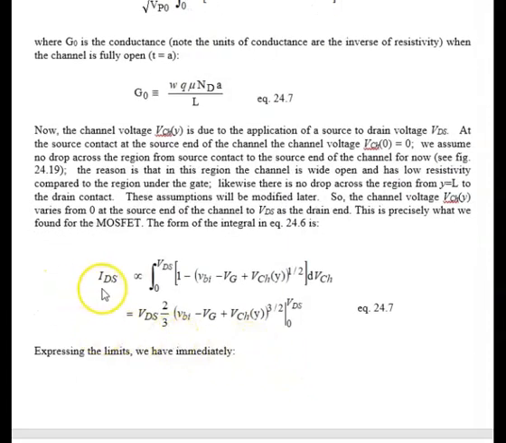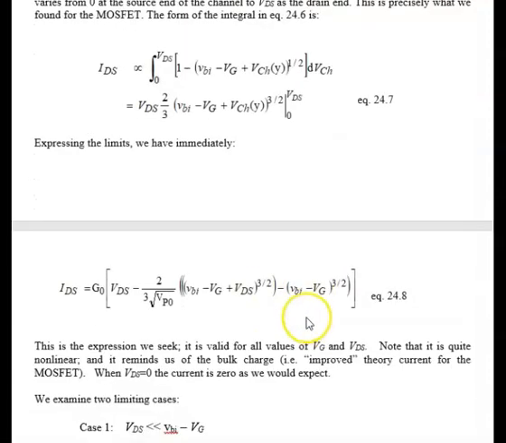Okay, so that is now the expression, or at least proportional, the current in the MESFET, and it has the 3/2 power. We can put in the limits, and we find equation 24.8 gives us an expression for the current in a MESFET as a function of material parameters, and this thing called the conductance